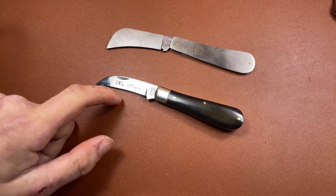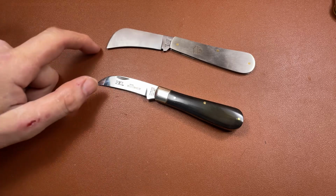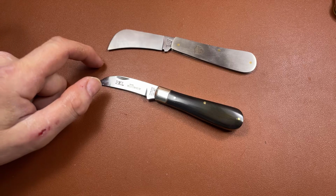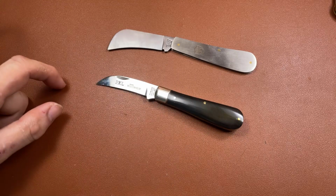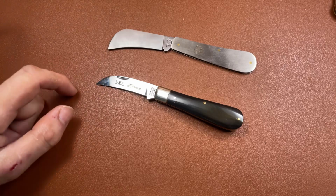IXL was awarded as trademark in 1787, and the Rogers trademark of the Star and Maltese Cross was 105 years earlier in 1682. So these are old companies, but they've been making this pattern or variations of what we call the pruner pattern